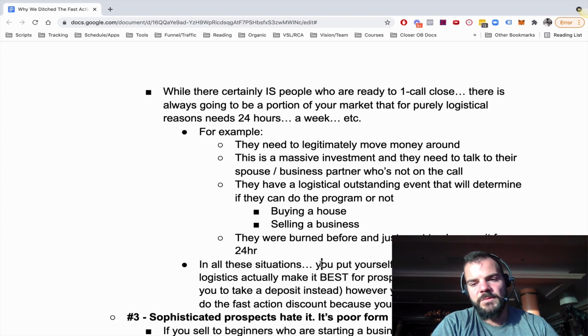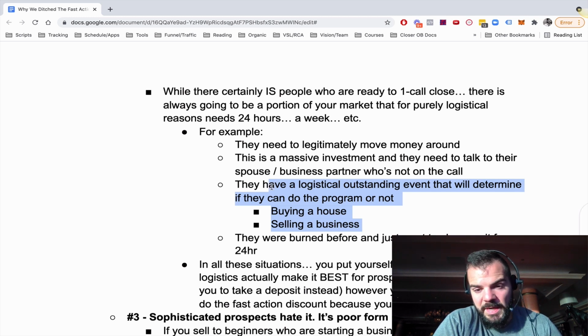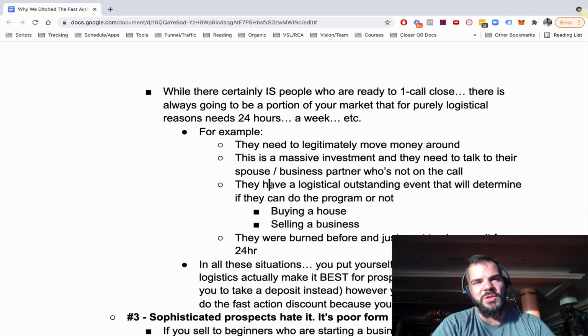So look, you could take a deposit to hold it in. That is probably the best way around these types of things. But even with that, some people are going to feel kind of icky about the deposit, especially depending on what their relationship is with their spouse. Like these types of things, they might not even be able to do a deposit for a couple of days. It just is all some of that stuff where it kind of feels icky.